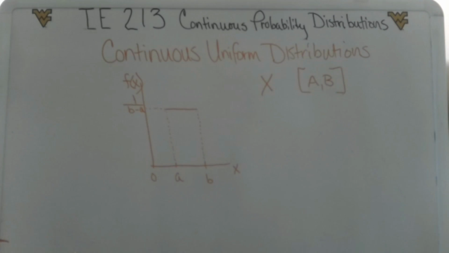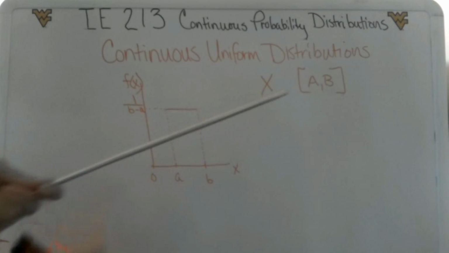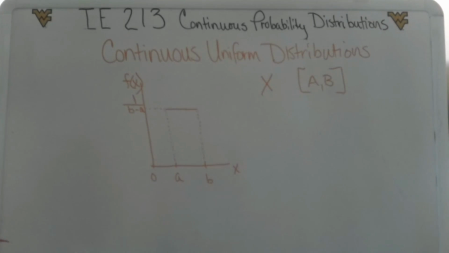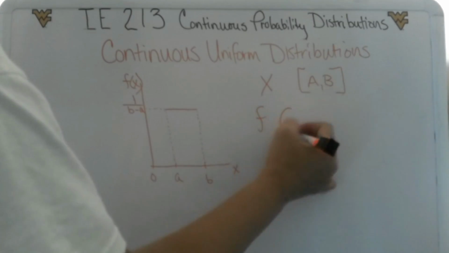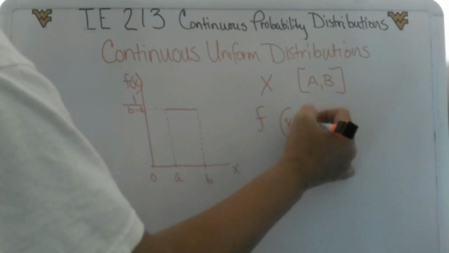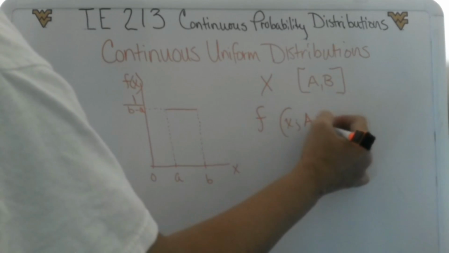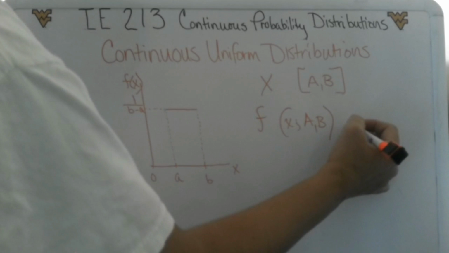The density function of the continuous uniform random variable X on the interval [a, b] would equal